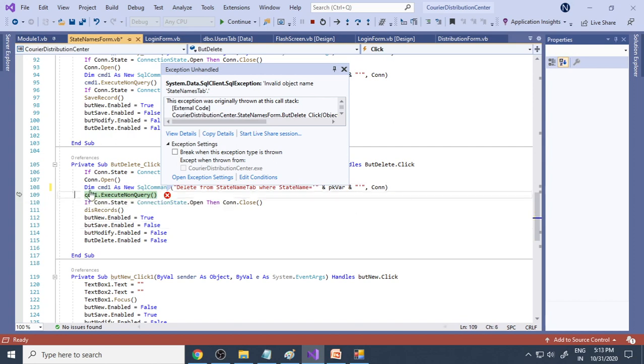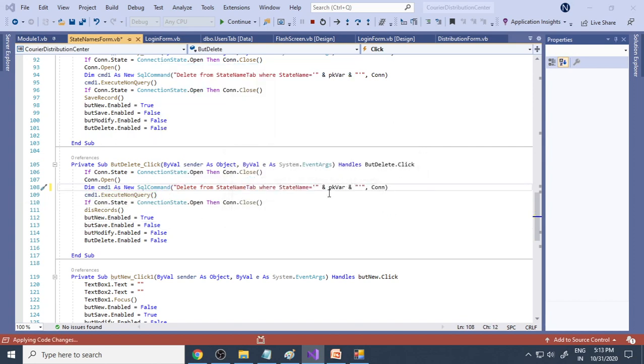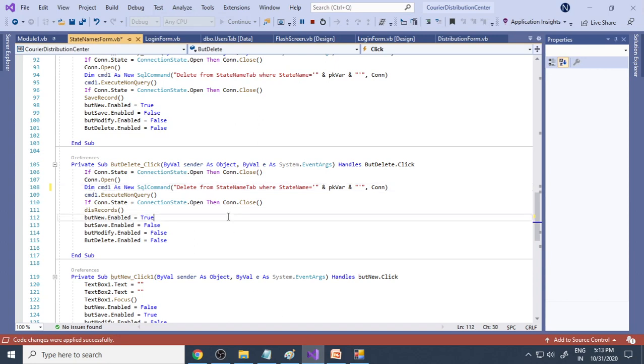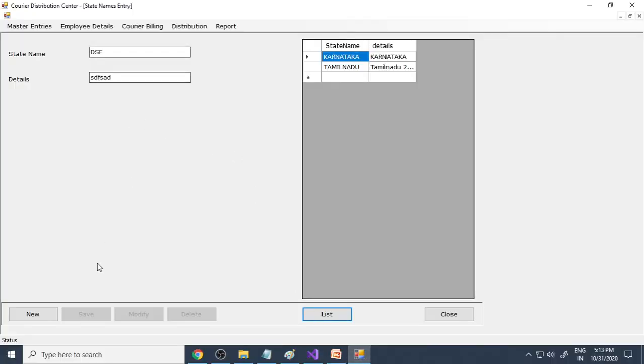So then what you can do is, I'll see whether. Okay, so you need to rerun. Okay, so continue. Okay, now you can see that it is deleted. So there may be some errors. We need to rectify the errors. Why the error? So state names, yes, is there here. That is not required. So I just removed it. Now we are able to delete it.